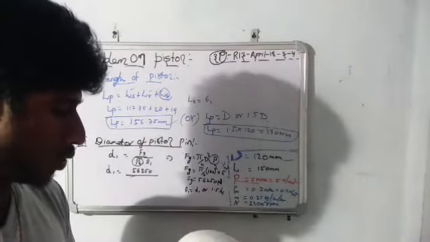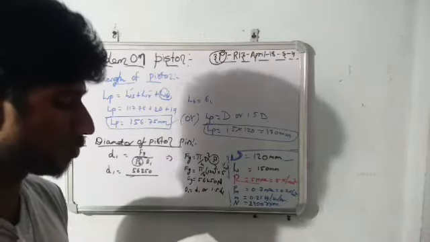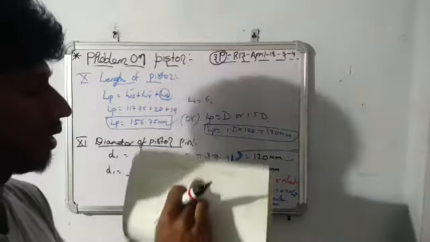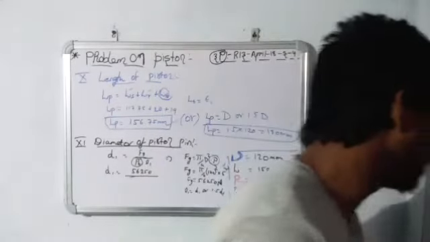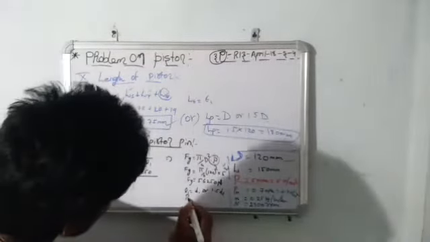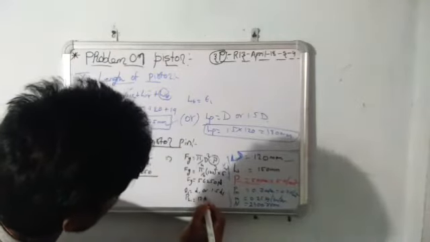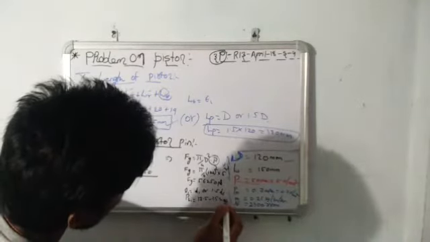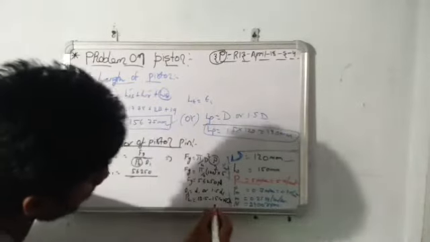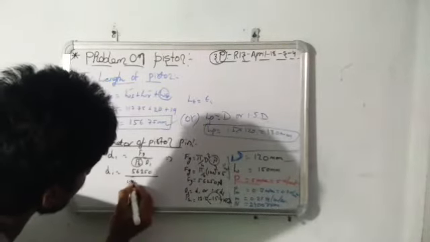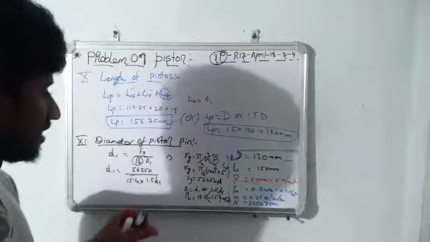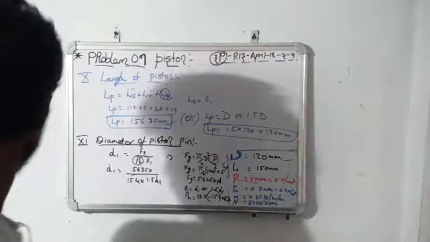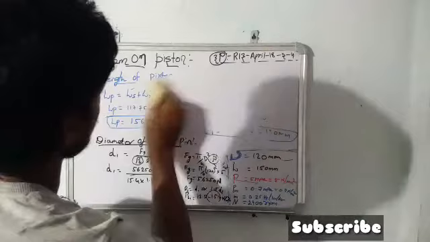For that Pb, we are going to refer to the connecting rod design. In that condition, we design the small end and big end of the connecting rod, where Pb equal to 12.5 to 15.4 Newton per mm square. That's why I am considering the Pb value here. I am considering the maximum value, so 15.4 into 1.5 times of D1. By simplifying this, we get the diameter of the piston pin.